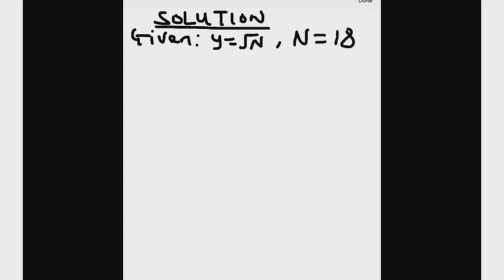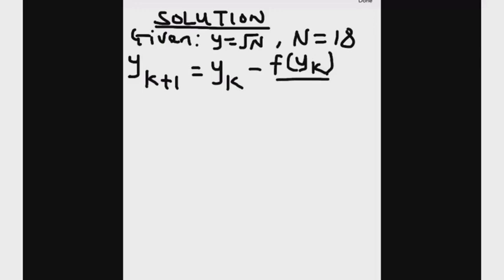The first thing to recall is the Raphson formula, which is giving us y of k plus 1 equals y of k minus f of y of k over f prime of y of k,